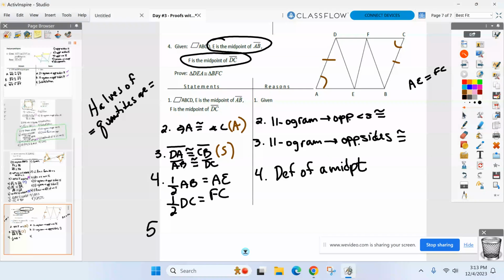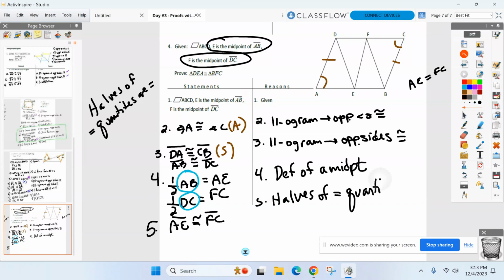Now, I'm taking half. Take a look, everyone. I'm taking half of two equal quantities, AB and DC. So if halves of two equal quantities, they are equal to each other. So AE congruent to FC, and this is where I'm going to put halves of equal quantities are equal. And there it is. There's my other side that I needed. And you guys can tell why the two triangles are congruent now. So triangle DEA congruent to triangle BFC,